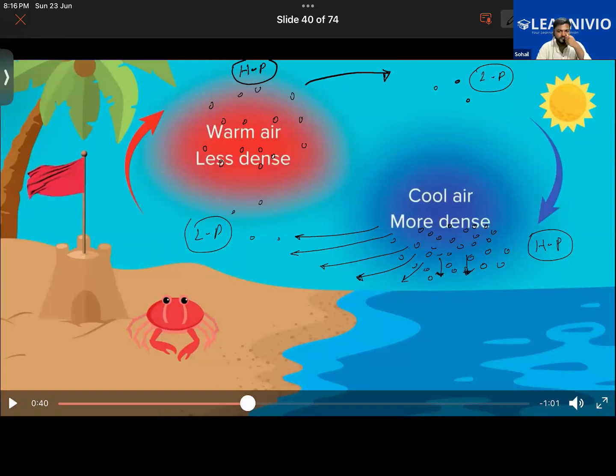See, that is the thing over here. Normally during the daytime, what would be happening? Cool air will actually be coming from the seaside towards the land, thereby you would be feeling a cold breeze coming from the seaside, and this leads to a phenomenon called land breeze or sea breeze. So do we call only these two types of breeze, land breeze and sea breeze? So during the daytime, what is happening? Cool breezes are blowing from the sea to the land.